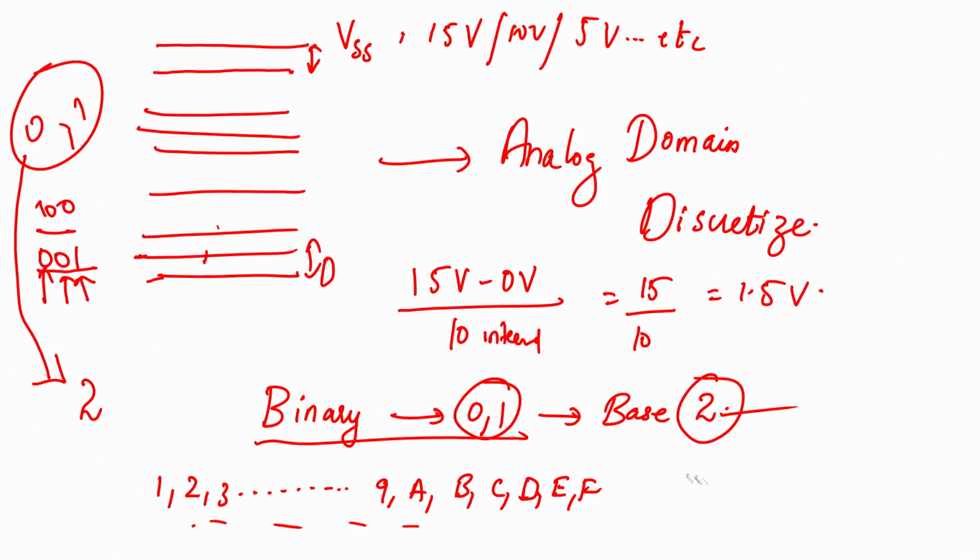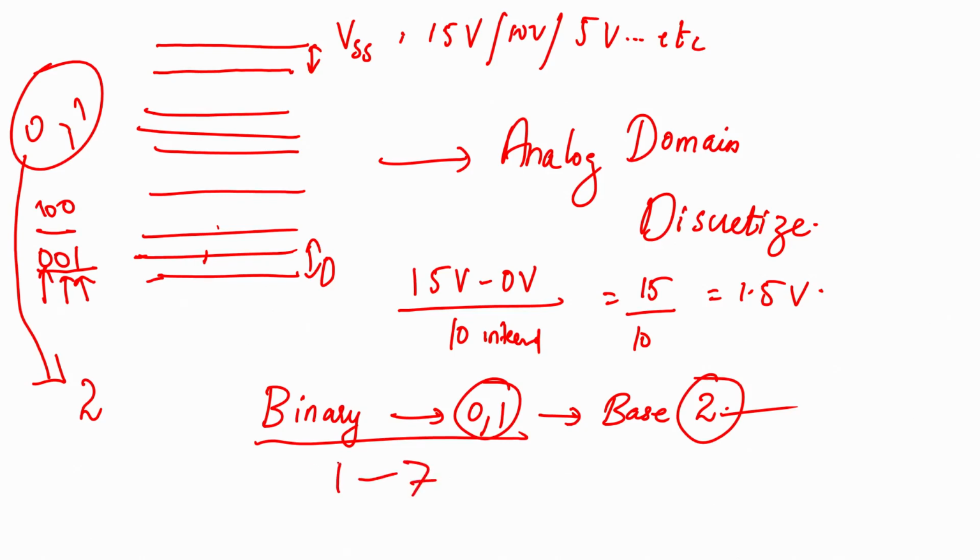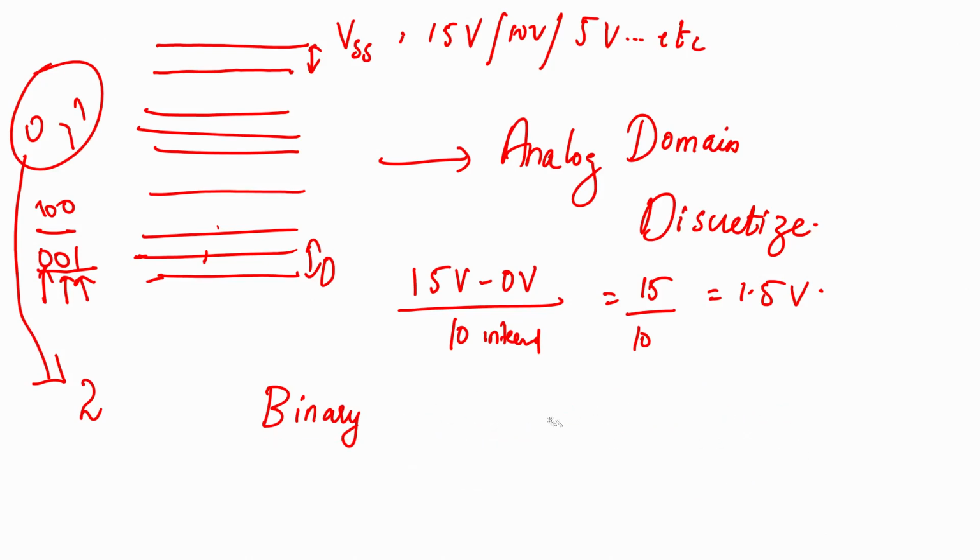In the same way we have the octal system. What does it mean? In the octal system you have 0 to 7, and the base would be 8, correct. So, the base also represents the packing density of information that you can have. But let us not get into those things.